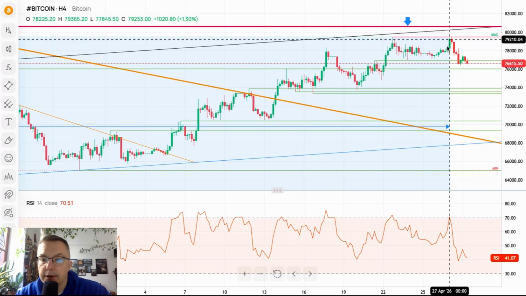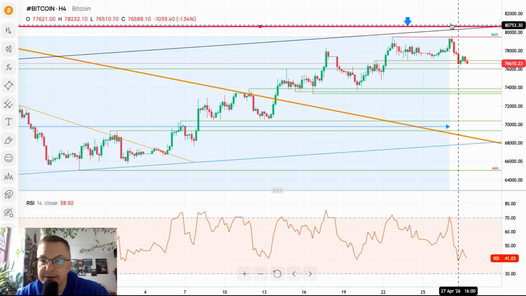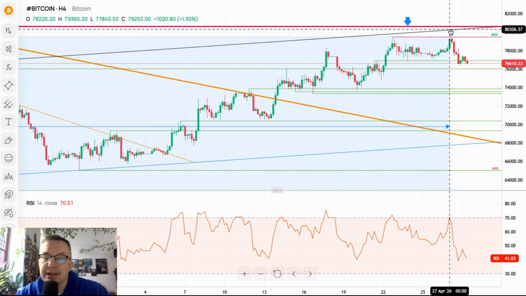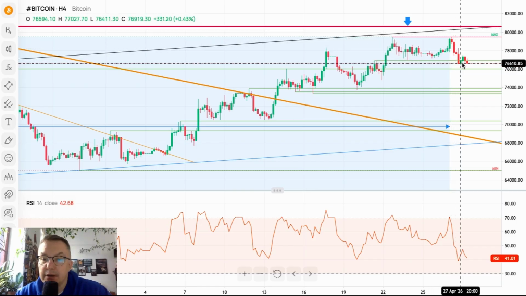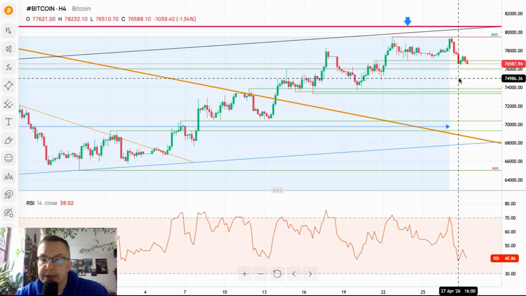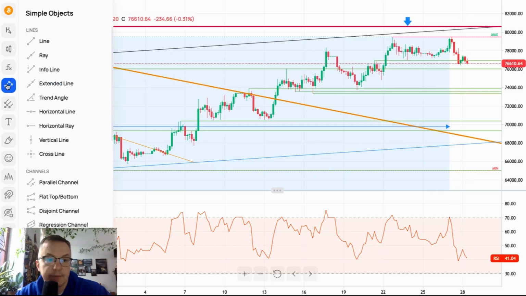And the Bitcoin, after the second test of 79,486, we missed like $1,000 to hit our technical resistance and upper channel line. The market reversed lower, broke below the technical support at 76,935, and now it's coming towards $76,000 on technical support. As long as we stay above this zone here,